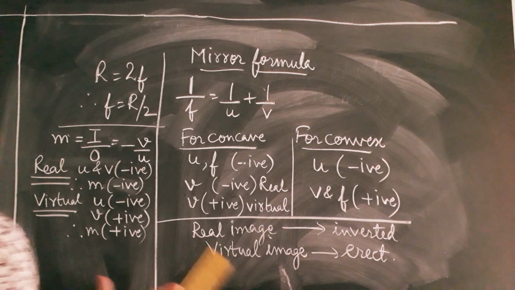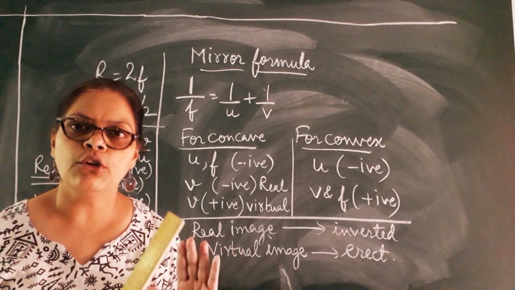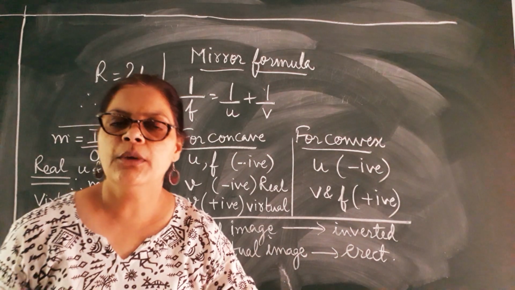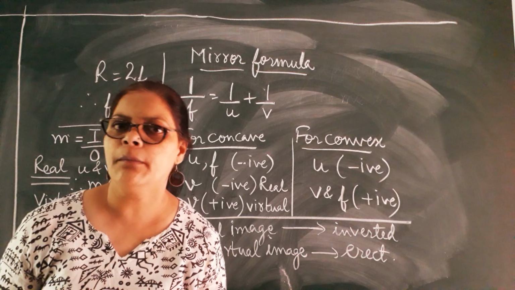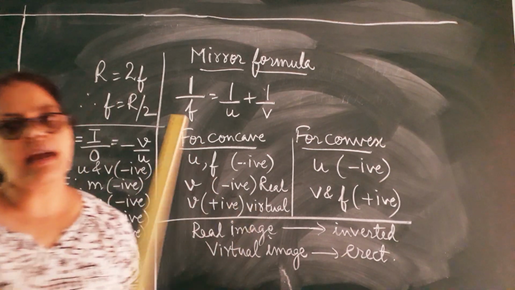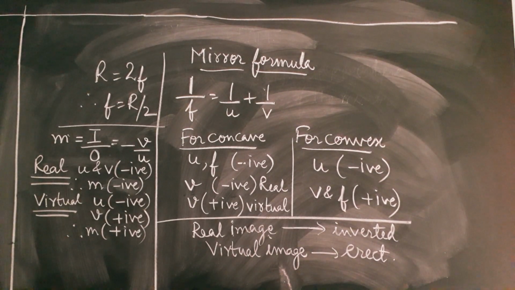And children, as I told you that the numerical problems are omitted this time, so we are not going to solve them, but I want you to go through this information, which is definitely going to help you when you pick up physics as a subject in +1 and +2, where you have to go into details of solving numerical problems. So please have a look. If you want to note it down also, you can please note it down. These are important as far as the mirror formula and the sign conventions of the different images for concave and convex are considered. Just have a look.